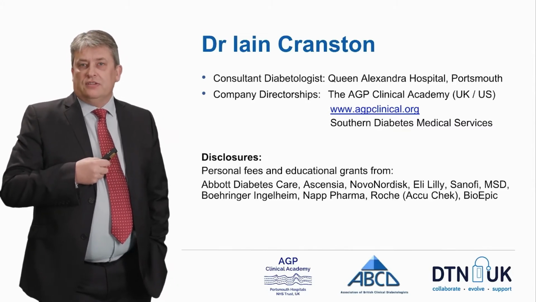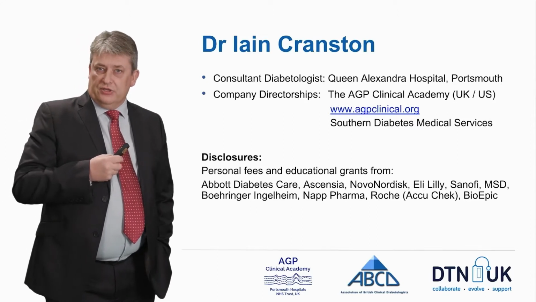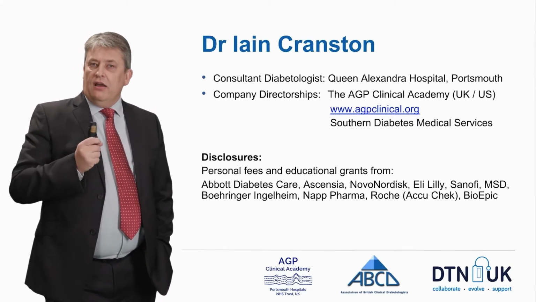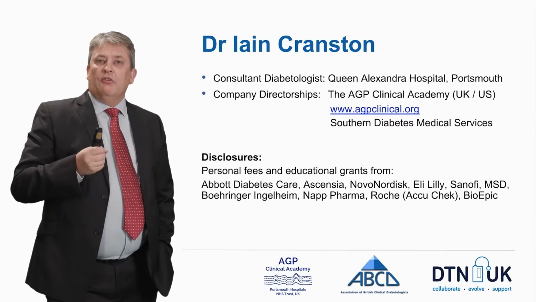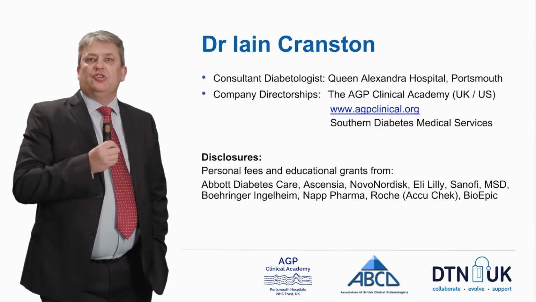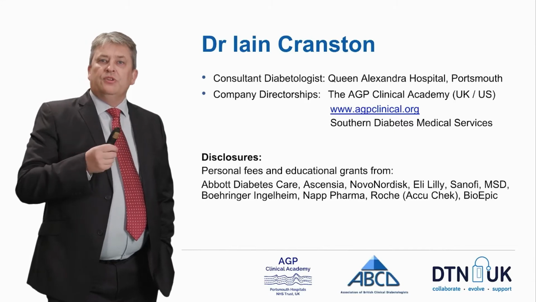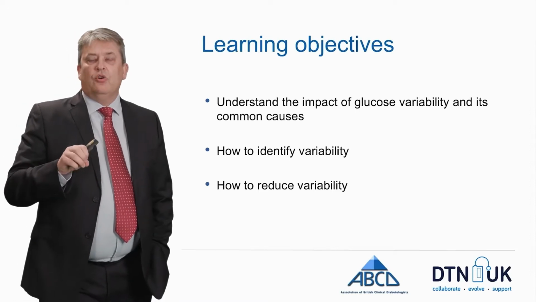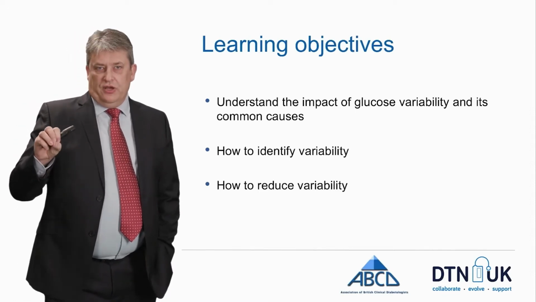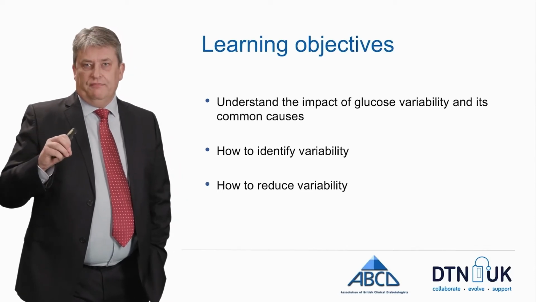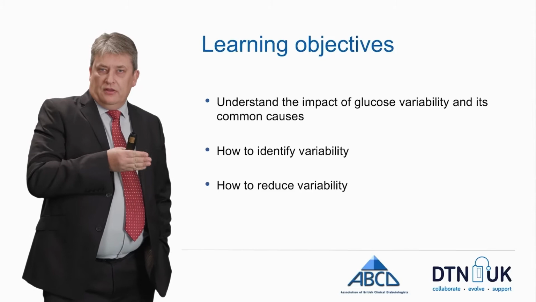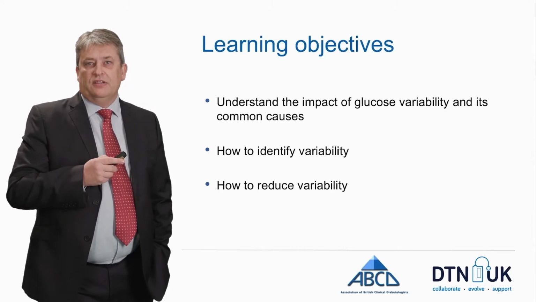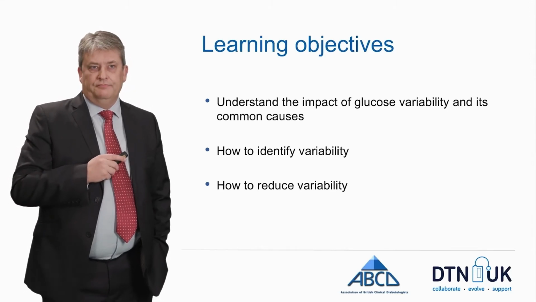For the last 5 years or so, we've been able to use continuous glucose monitoring, such as Freestyle Libre, in our clinical practice. And I think this has really highlighted some of the lessons that we've picked up around probably one of the most key features around avoiding hypoglycemia problems, which is glucose variability. So what I'd like to do today is talk about what we mean when we talk about glucose variability and what causes it, how one can identify glucose variability, and of course, in the long term, how we can help to try and reduce that variability to improve outcomes.